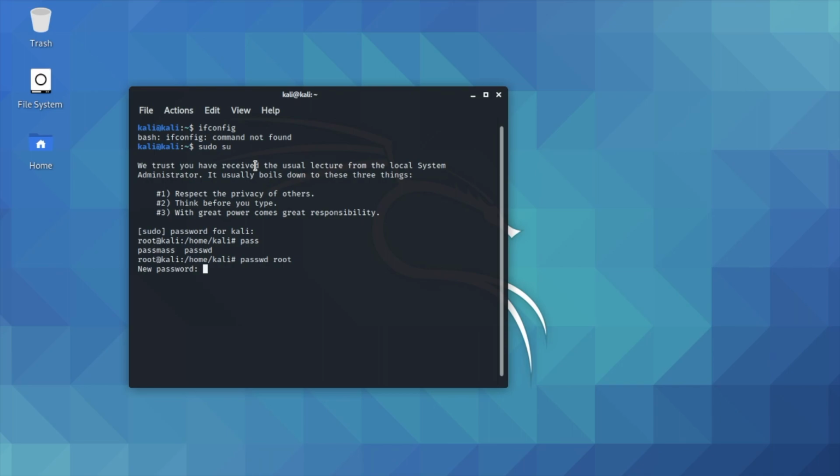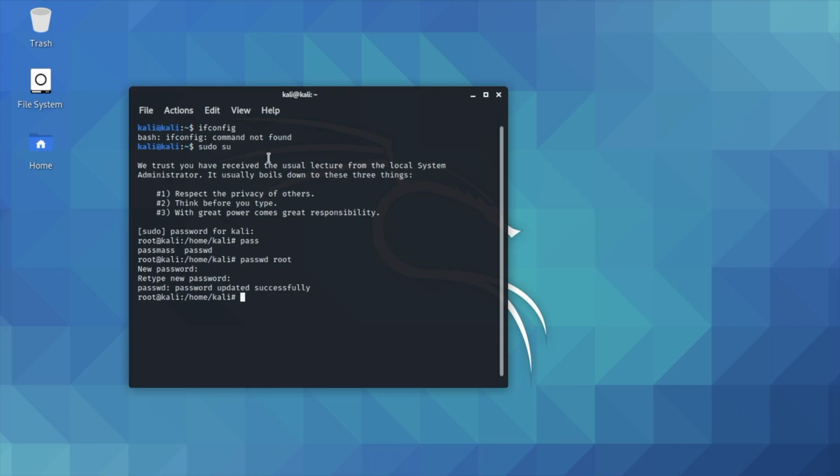It is asking for the new password, so I'll keep some test password. Retype the password. Yeah, it shows the password is updated successfully.